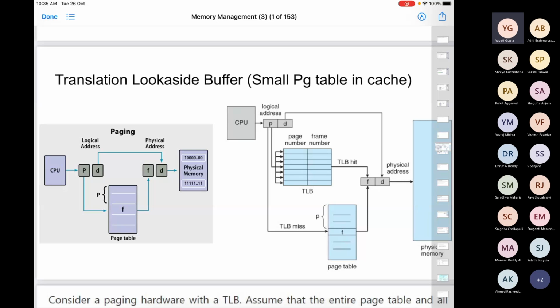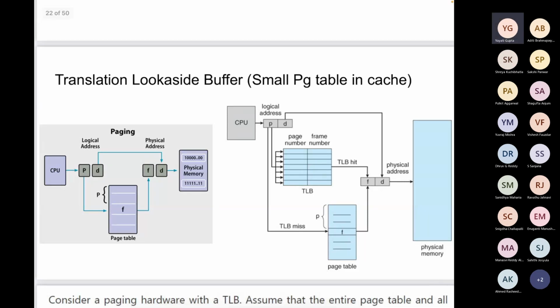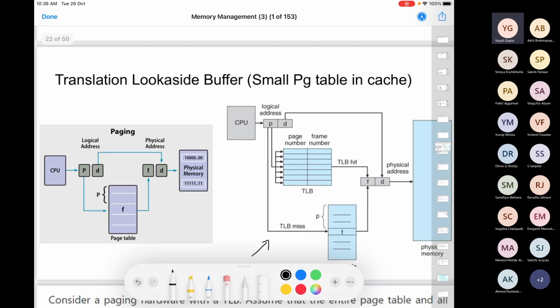Okay, all right. So let's get started. For a quick recap of what we did yesterday, we finished with paging. So this figure tells you the whole idea of paging. Whenever you have a virtual address, it is divided into two parts. First is the page number, second is the offset. Offset remains the same. The page number has to be mapped onto a frame number. You do that with the help of the page table.